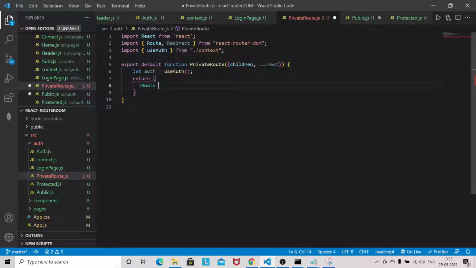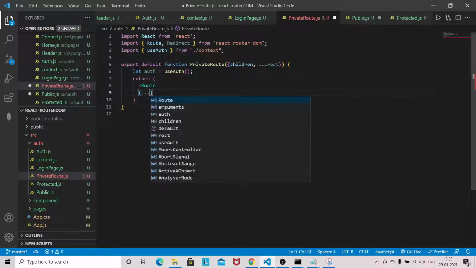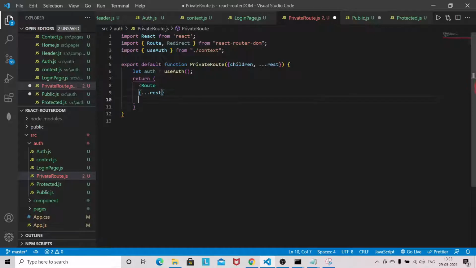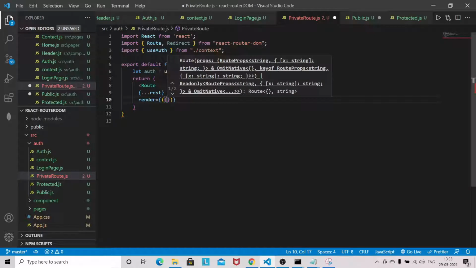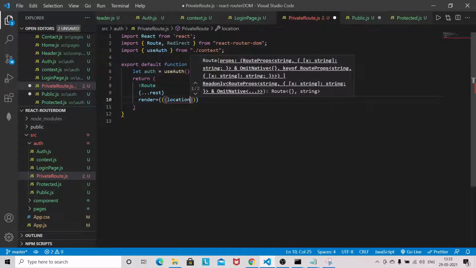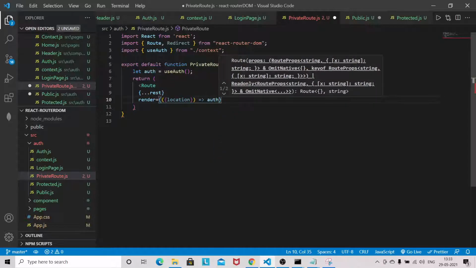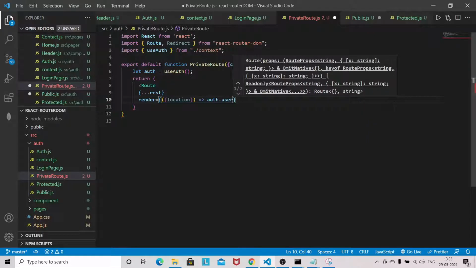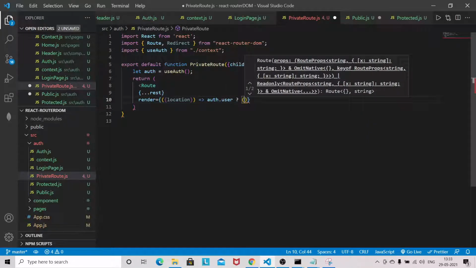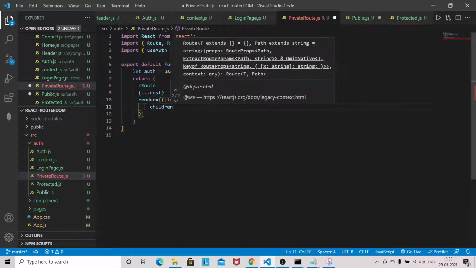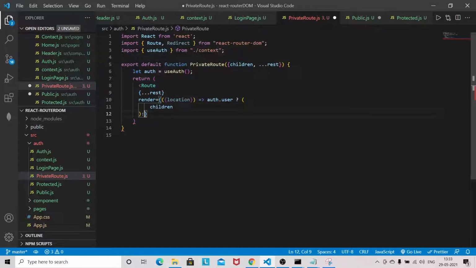Okay, rest, render equal to, we can destructure the location, auth dot user, redirect.